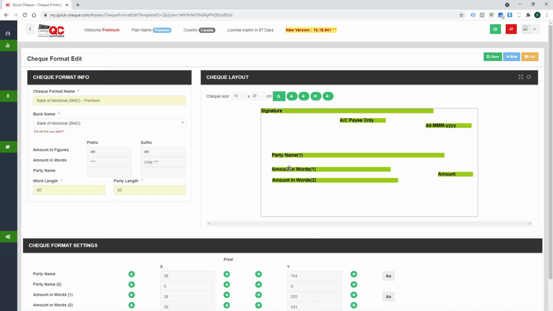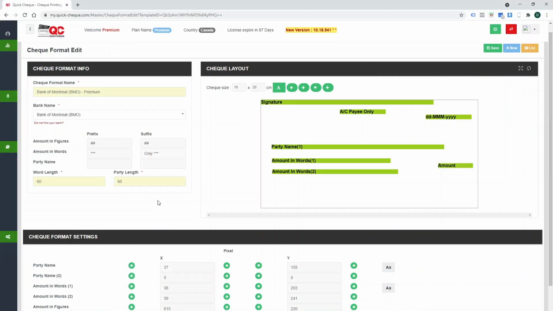If you want to move these fields slightly, for example, the party name field after adjustment is okay, but it's requiring very little movement. So what we can do is we can use these small buttons in the bottom. We can see the party name, and instead of moving it all left, we can just click on this a couple of times to move it slightly left and slightly up, or slightly right and slightly down. Okay. Once I have done this, I can go ahead and reprint my check to see if it is printing correctly.